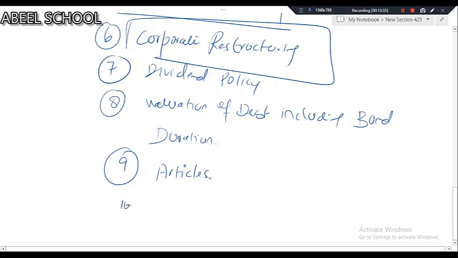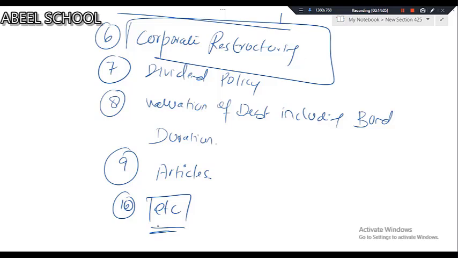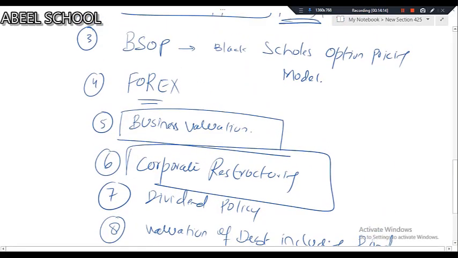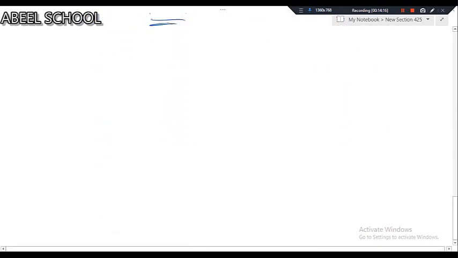And then finally there is etc. If we have any other little things, we'll be discussing those as well. For example, ratio analysis. We will discuss even ratio analysis in AFM also. So this is the sequence which I'm going to follow normally. Okay. In AFM,